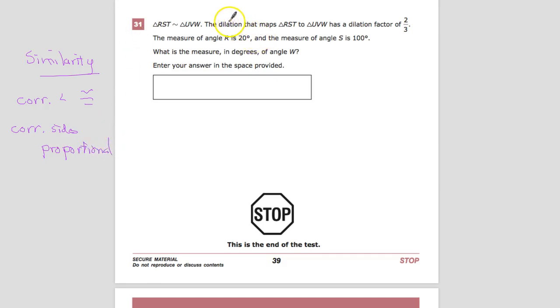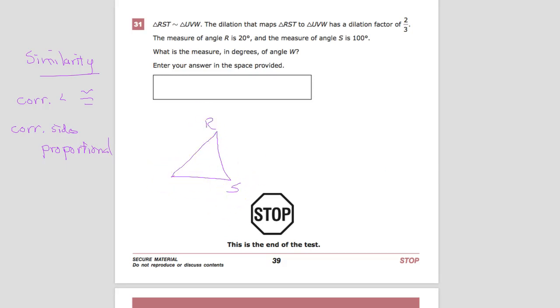It tells us that the dilation that maps triangle RST to triangle UVW has a dilation factor of 2/3, which means it's 2/3 the original size. The measure of angle R is 20 degrees. So in this setup,